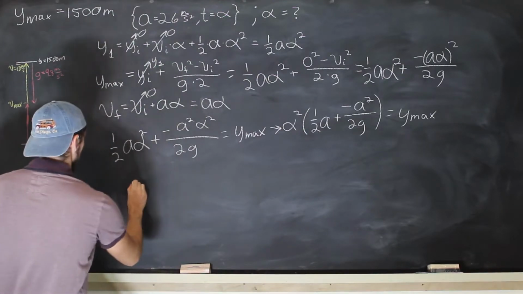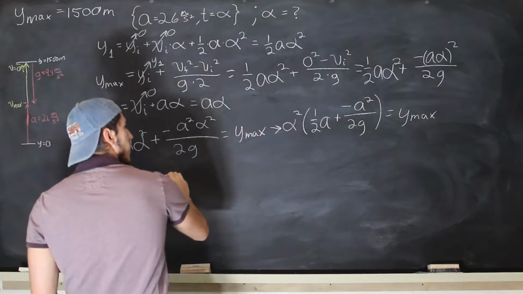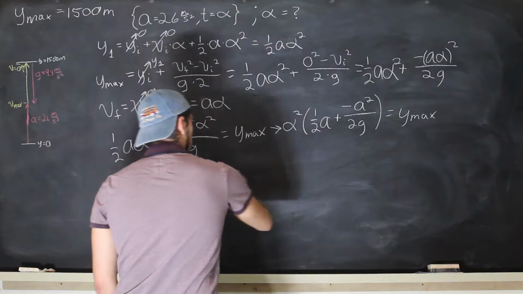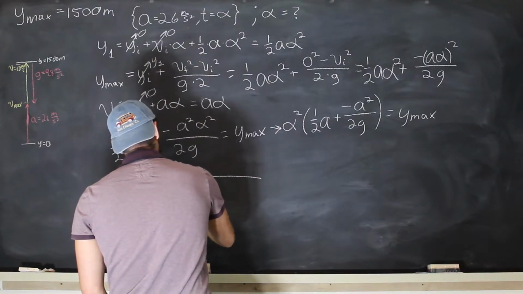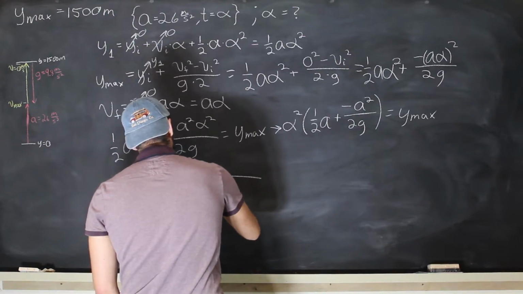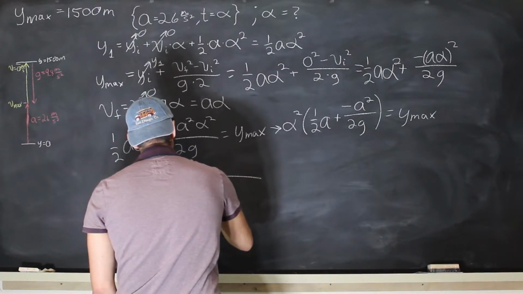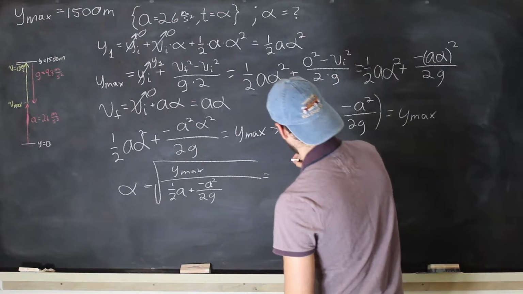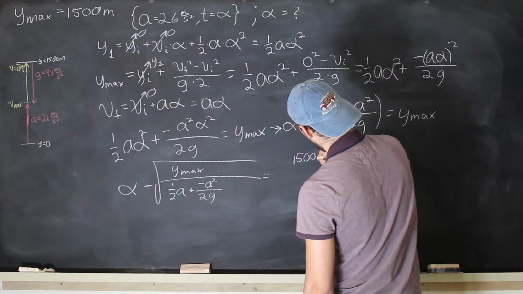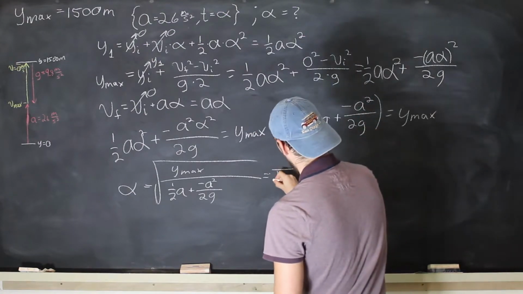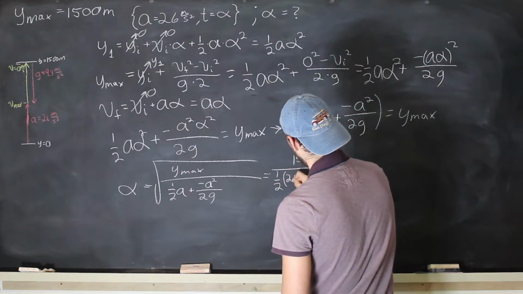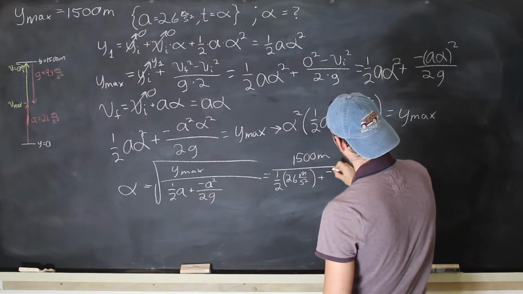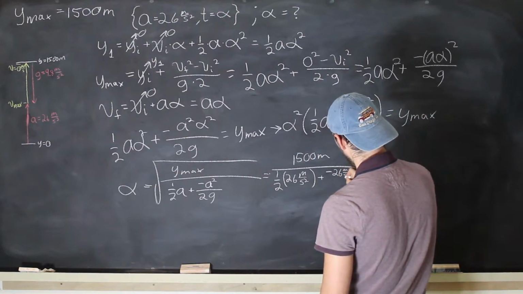alpha is equal to the square root of y max over 1/2 acceleration plus negative acceleration squared over 2 gravity, which is equal to 1500 meters over 1/2 times 26 meters per second squared plus negative 26 meters per second squared